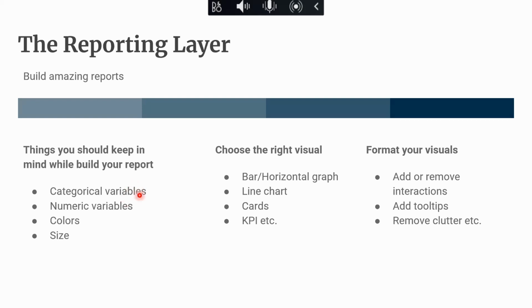So you realize that this is talking about dimensions, right? We use categorical variables to plot graphs. Numerical variables could just be numbers you want to use. Then colors, we can also encode our data with colors. We can also encode our data with size. As you build your report, the color you choose, the size you choose, you can use your data to do all that kind of modification. So you can use a bar graph, a line chart. There are cards, for example, you see total sales. Cards will help you solve this kind of problem.